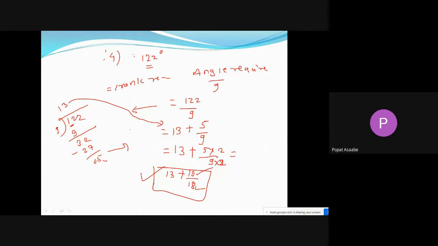Suppose they have given the angle in degrees and minutes. At that time how can we solve this? That second step we will discuss here. Suppose they have given the question like this in minutes: 32 degrees and 24 minutes. Suppose they have given the question in this manner. Then how do we make the indexing for that?